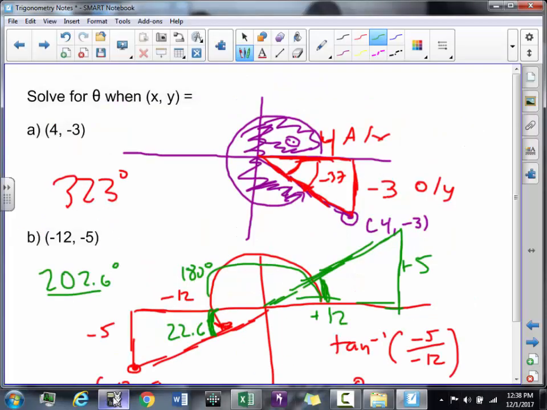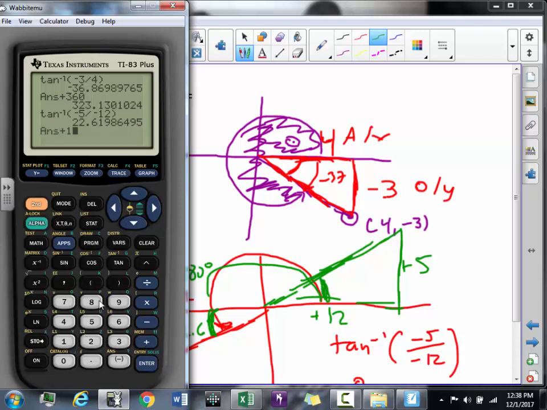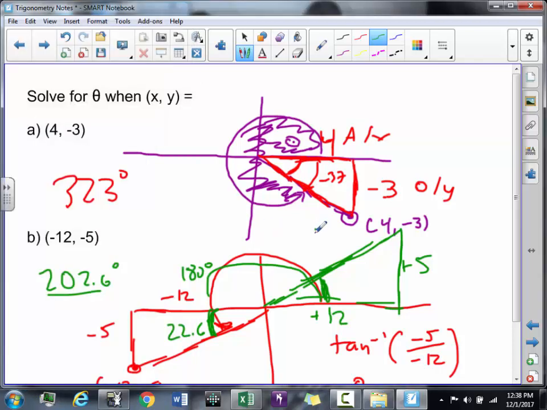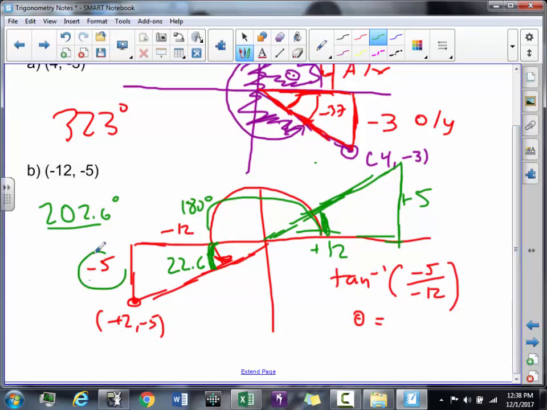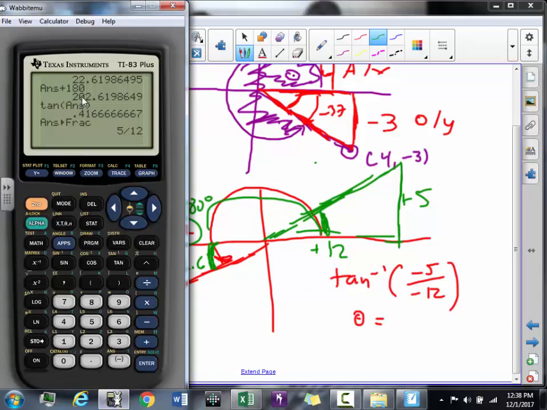Let's confirm that. Let's take that angle and add 180 to it. Now, again, you guys have heard my lecture about this not being exact. Ideally, we'd find a way to do this in radians and make it exact, but for simplicity's sake right now, I'm going to do degrees. If I were to take the tan of this number, it should equal that, which, if I make it a fraction, is 5 over 12. 5 over 12 is the ratio of opposites to adjacents. But it's not the only angle that does that. So although 202.619 does that, I bet you